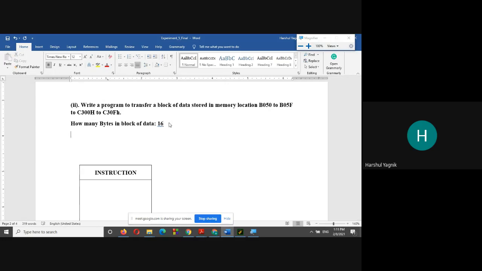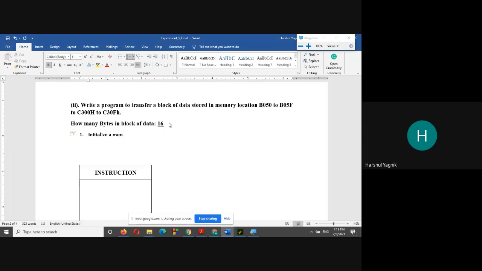The whole experiment 5 is for the branching logic. So how do we make our branching logic? First, because we need to fetch the data from the memory, we need to initialize a pointer.